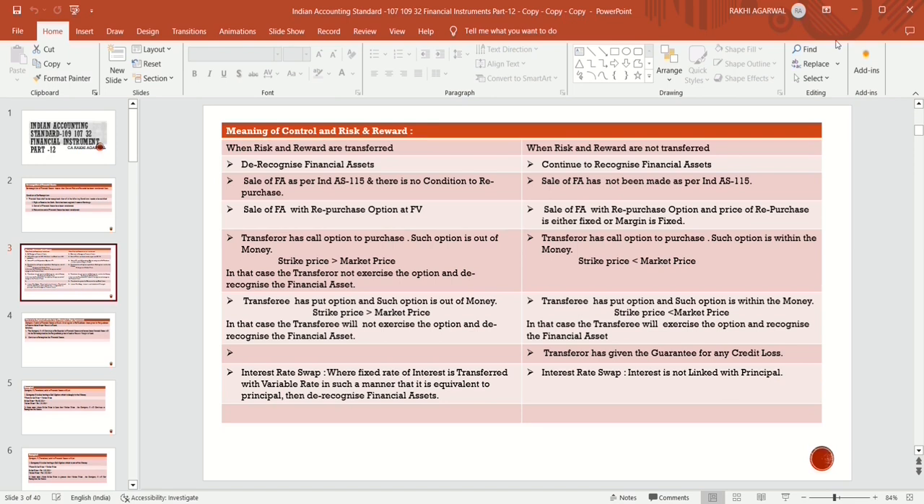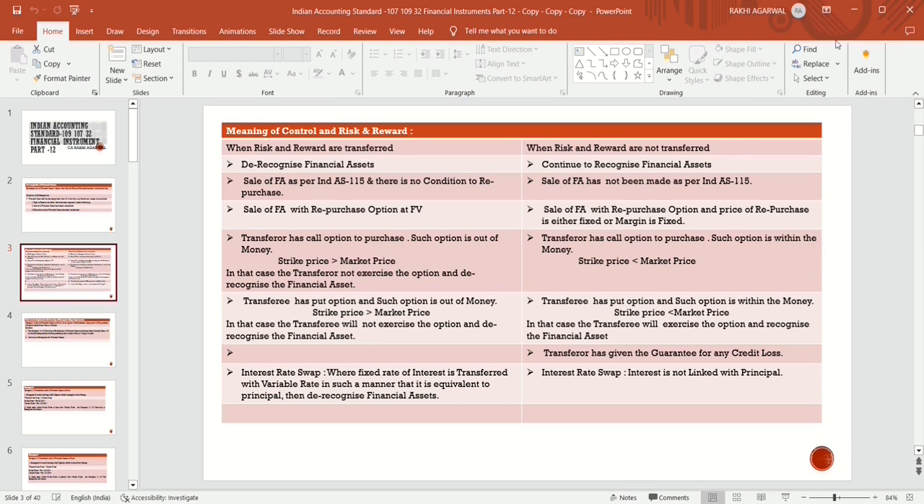Sale of financial asset. Now there is a sale of a financial asset with a condition or option to repurchase that financial asset at fair value. In that case, how it is to be accounted for, we will check that also. Then derecognize the financial asset when the normal sale takes place, when there is no condition to repurchase, when the sale takes place with a condition to repurchase, and